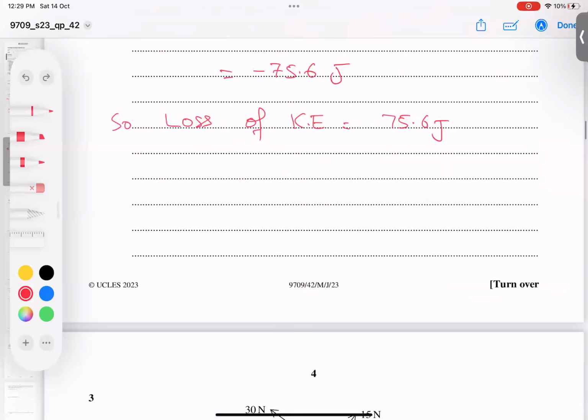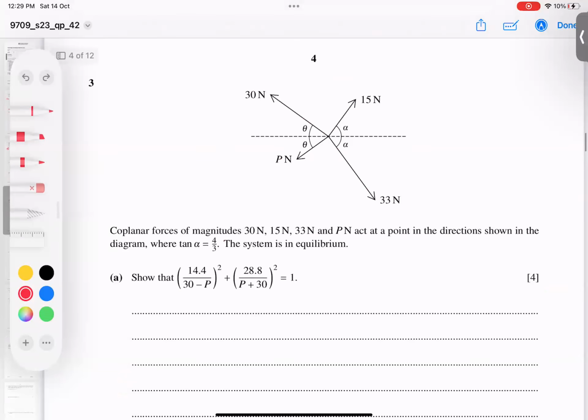So let's go for question number 3. For question number 3, we have coplanar forces of magnitude 30 Newton, 15, 33, and P acting at a point in directions shown in the diagram. And he has given us this condition: tan alpha is equal to 4 upon 3. So whenever given this kind of thing, we always